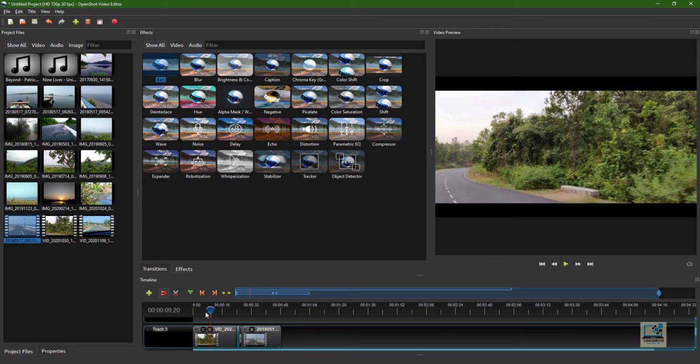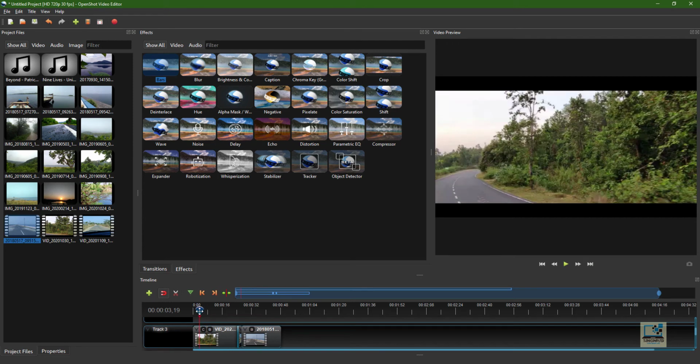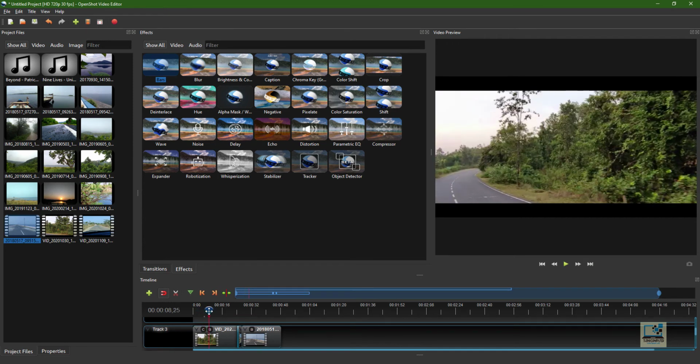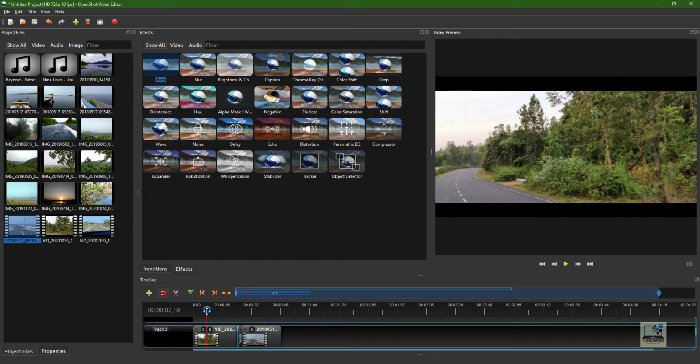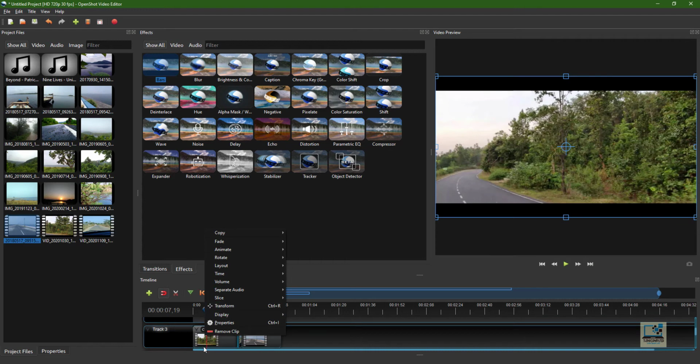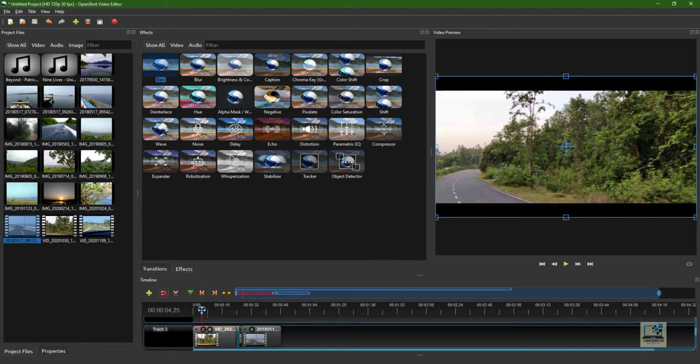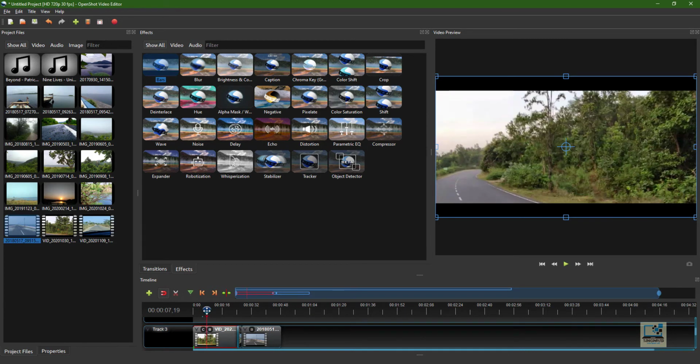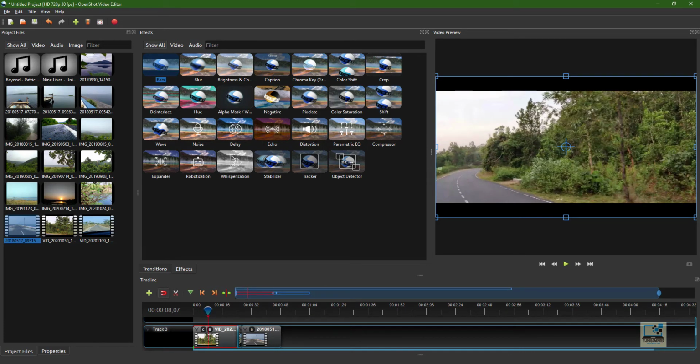Then another thing is that sometimes when we are playing a video, we want a kind of effect where the video pauses for 1 second and then it resumes. That is also possible. All these effects are here. So you can right click on the video file, and just remember to place the timeline cursor at that exact point where you want that effect. Suppose I want that effect at this point.